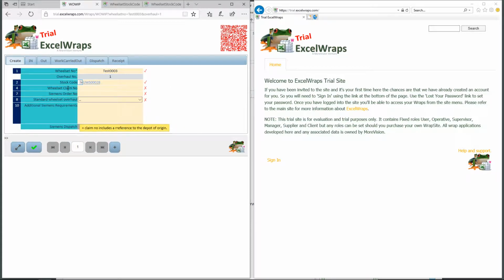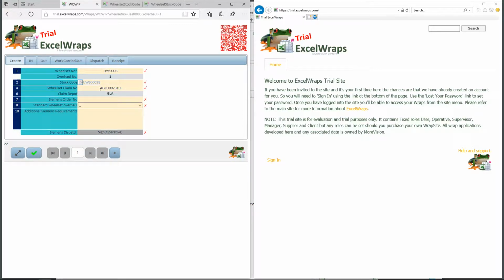If I hover over this thing here, it gives me a little note, and there's a number goes in here, so a wheel set claim number. Now I'm going to go out and have to just copy this number, because these are numbers that Siemens issue. So I'm going to just copy and pop it into there, and the number tells me what depot it's come from. So that's been calculated for me. So if we get this number right, then we're going to know where we're going to send the wheel set back to. So an order number, if I just throw some numbers in there,